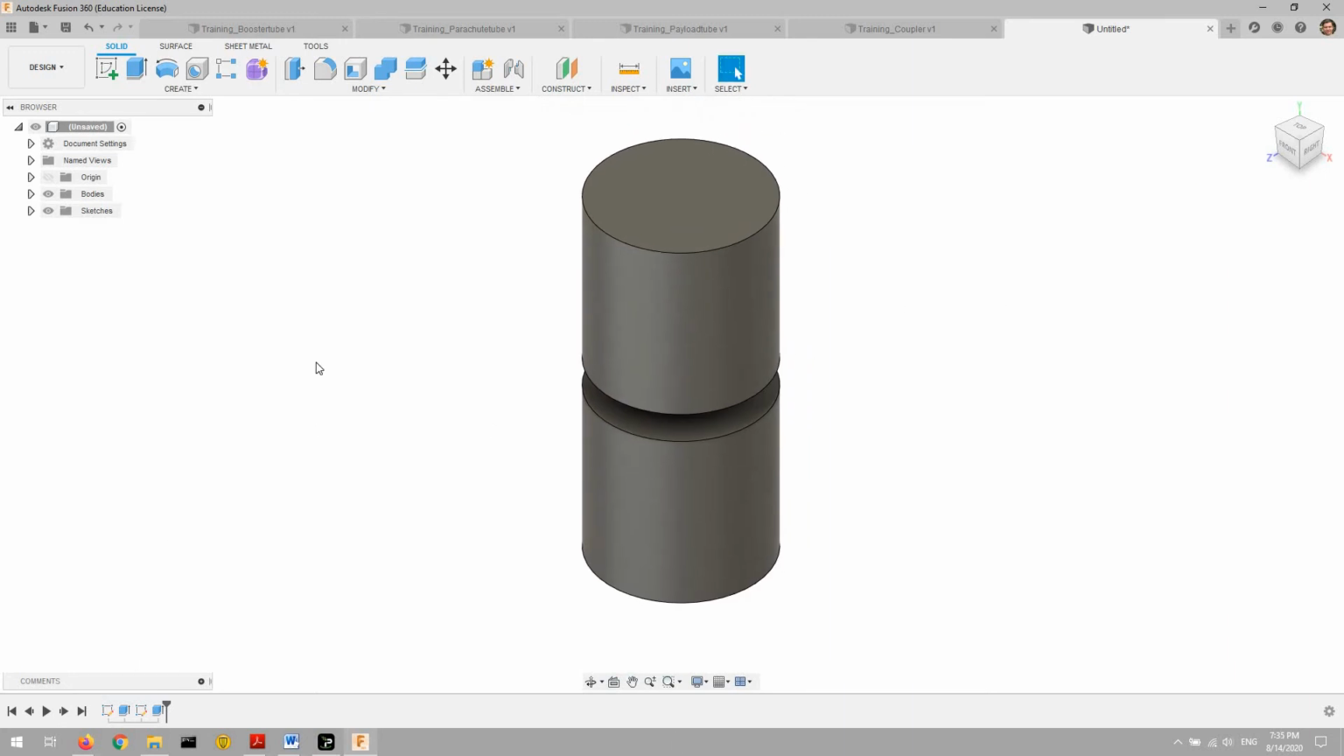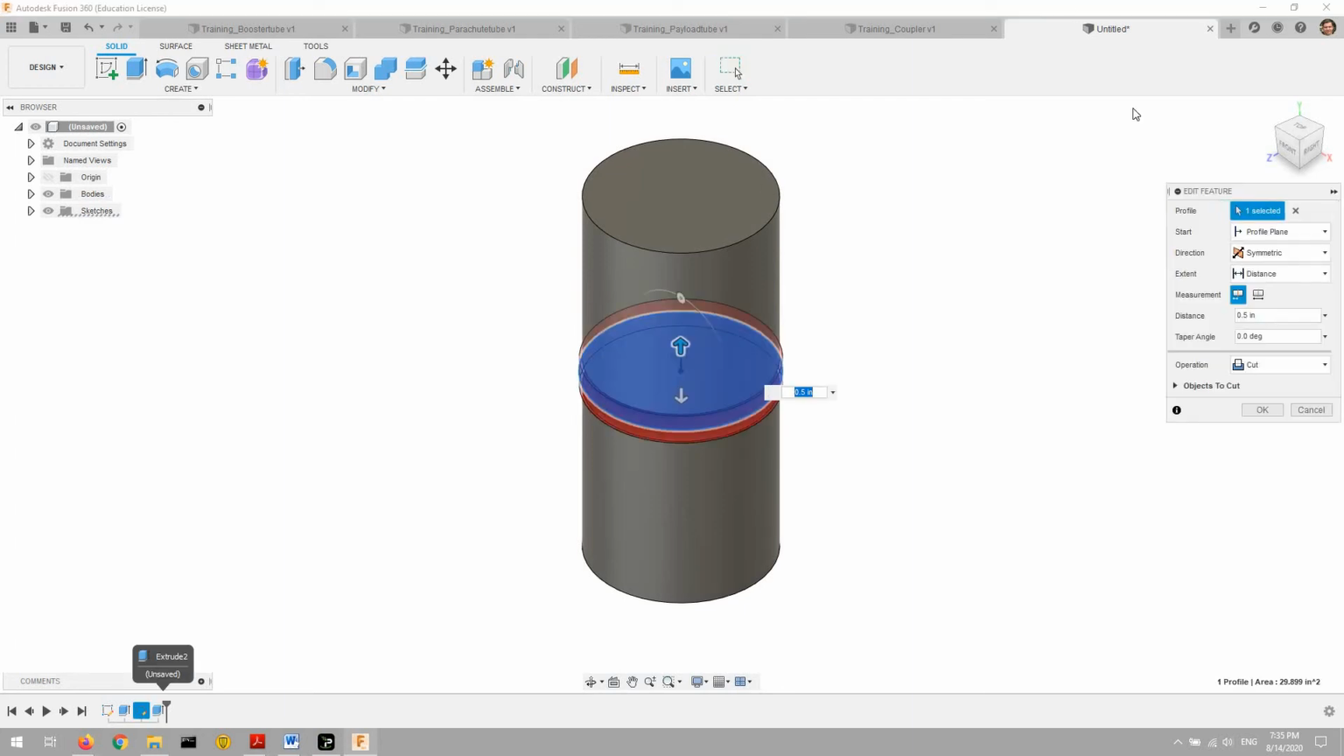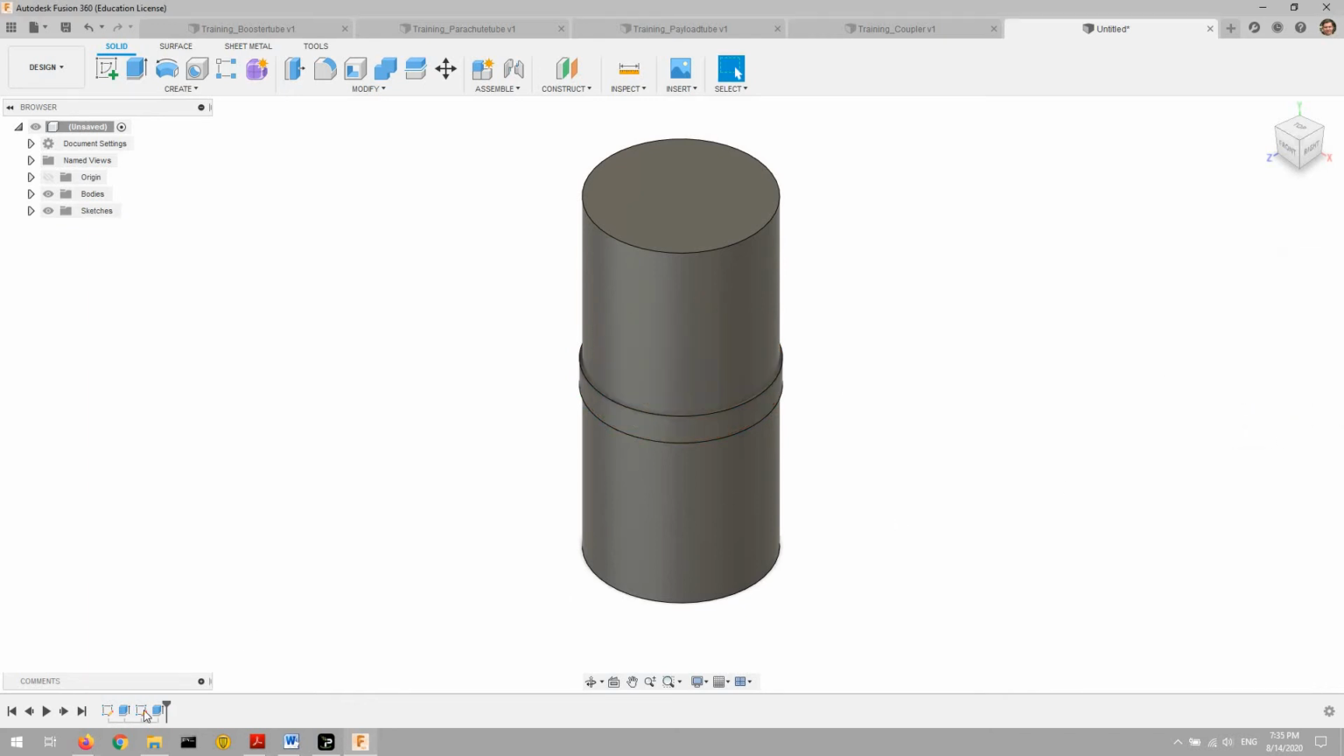We could undo everything we did and start that middle section again, or we could go down to the timeline here, double click our extrude, and oh, that's what it did. It did a cut instead of making a new body. So we can just say new body,